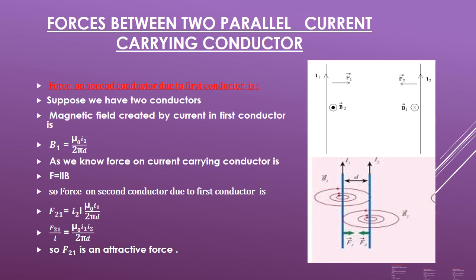So now we take the special example taking that current in both the conductors is in the same direction. One is conductor 1 carrying current I1 as shown in the diagram, and conductor 2 carrying current I2. These conductors are very long conductors. So in mathematical language we can say they are infinitely long. Otherwise in language of physics they are quite long compared to the space we are including.